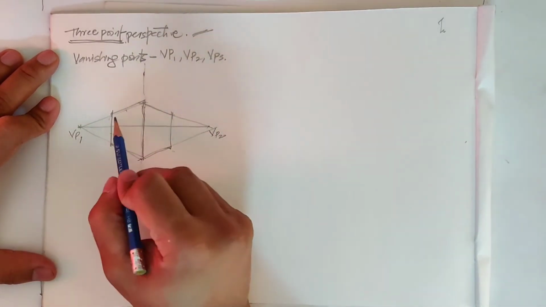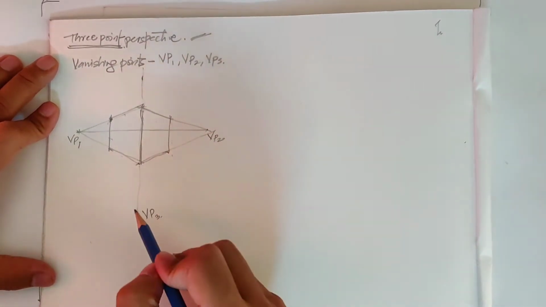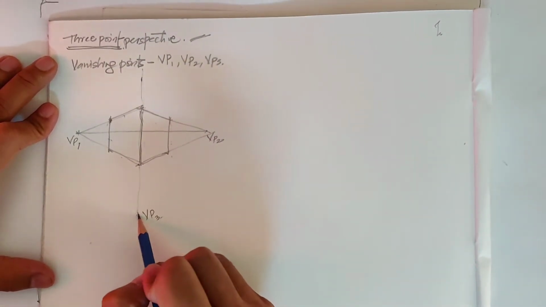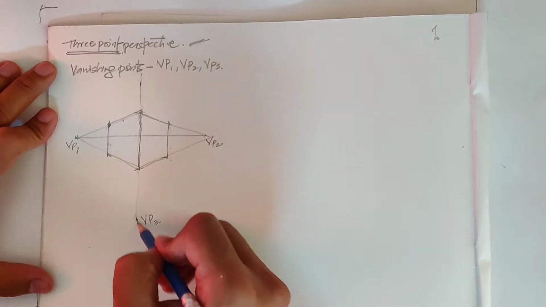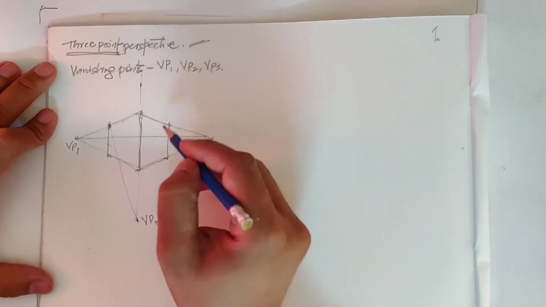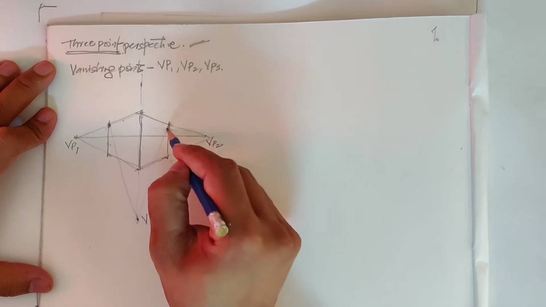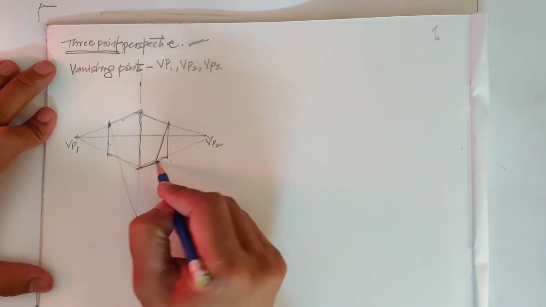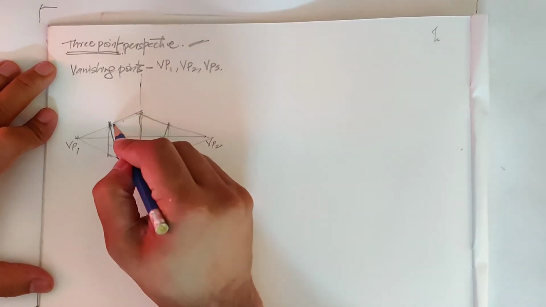To do this, we have to match VP1 with this point. And always match the point where the point is. If the point is below, we have to match the above height. We have to vanish this height from above. So now the object which we have has its heights also vanishing.